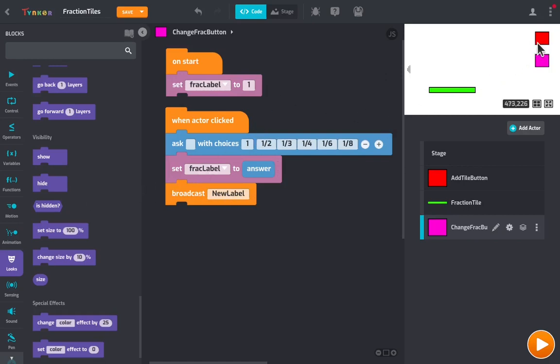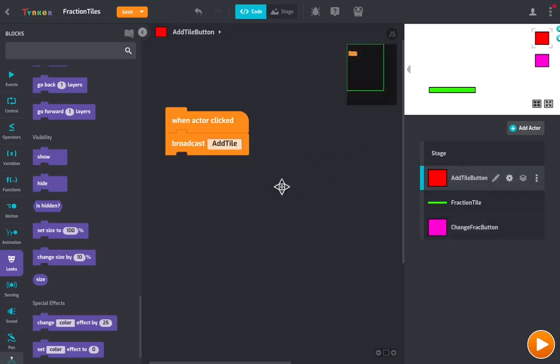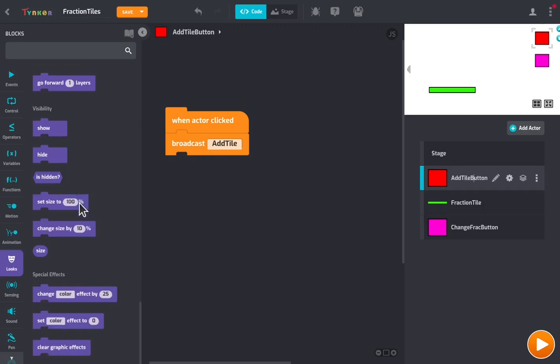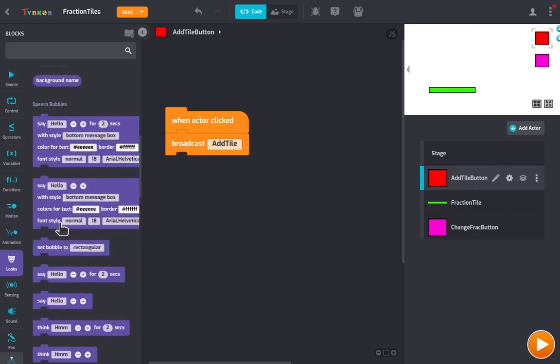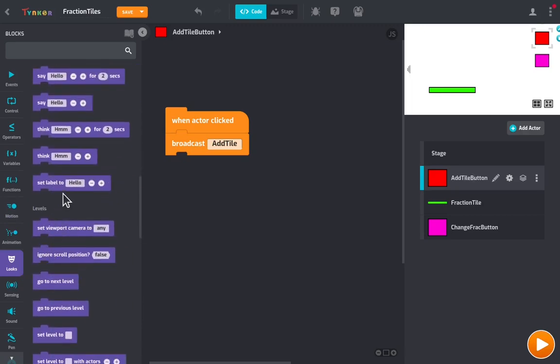So if the user were to click the add tile, that would automatically appear. Or we could, let's see, when this actor, actually let's go back to our add tile. Yeah, so we could set it immediately. Let's do that. So if we go to our label, got to scroll up a little bit under looks. So when the actor is clicked, and